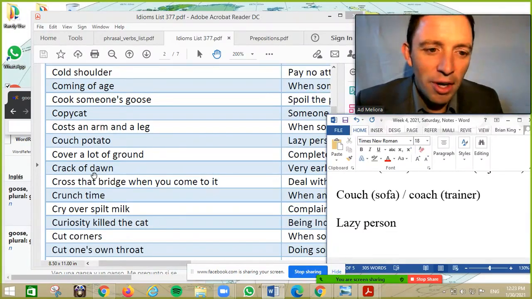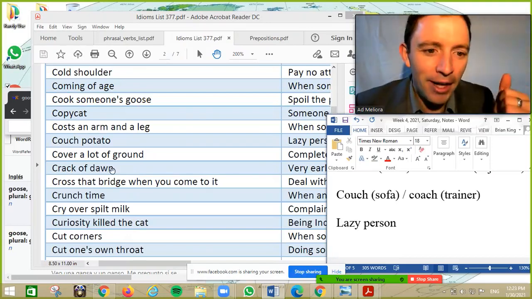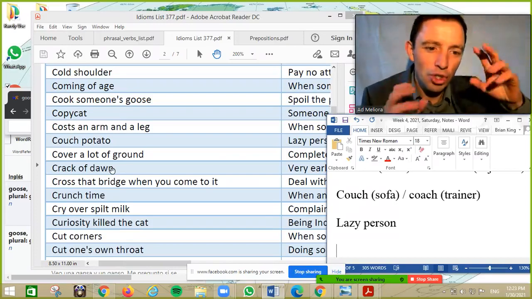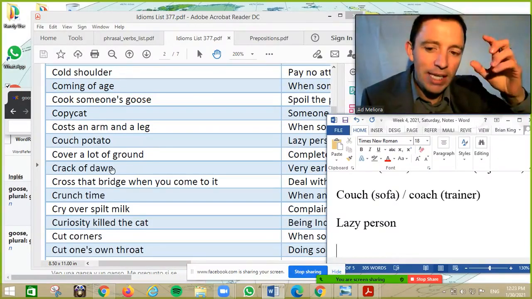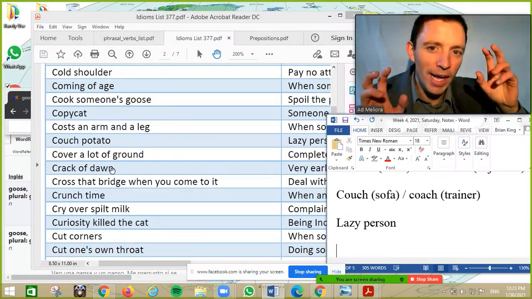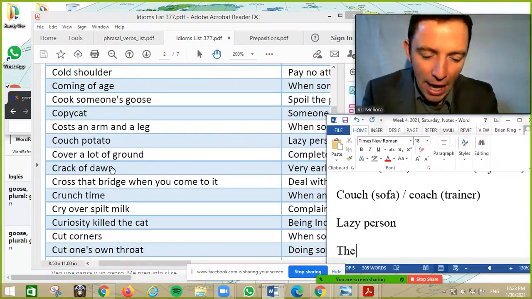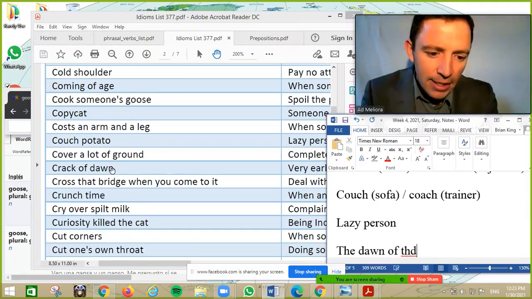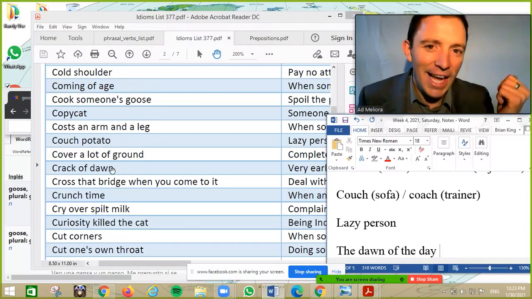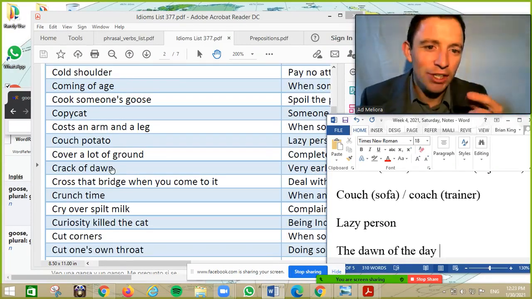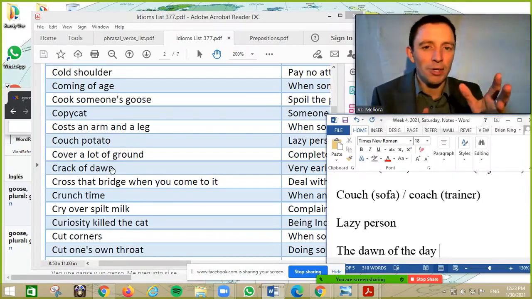Crack of dawn. Okay, dawn is the alba. Dawn is when the sun, el sol, levantar, when the sun rises, it's dawn. Okay, it's the iniciar del día, the dawn of the day. Okay, and I think there's a movie as well, the dawn of the day. Iniciar, the dawn of the dead is the movie El Alba del Muerta, but the dawn of the day is the start of the day, and the expression is the crack, because el verbo, well, yo sé también en español